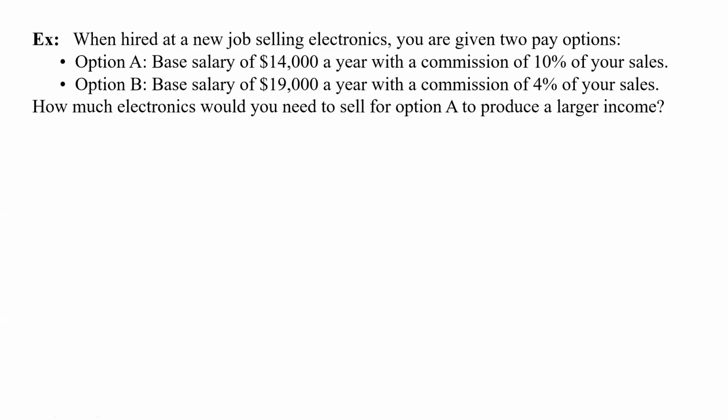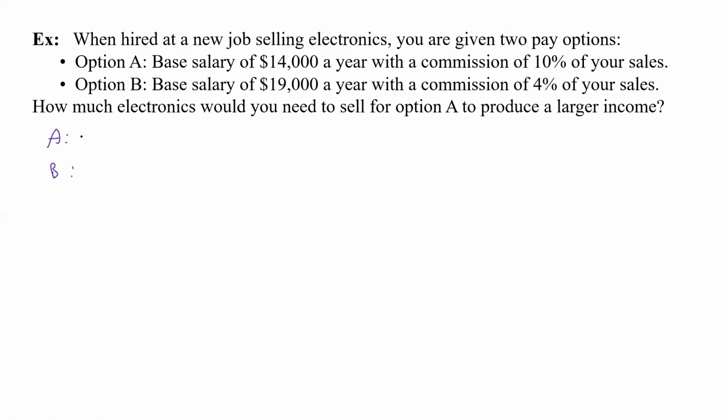So the next one says, when hired at a new job selling electronics, you're given 2 pay options. Option A, base salary of $14,000 a year with a commission of 10% of your sales, or option B, a base salary of $19,000 a year with a commission of 4% of your sales. And so what we want to do is, how much electronics would you need to sell for option A to produce a larger income? Well, what we really need to do first is we need to figure out what are the 2 equations for A